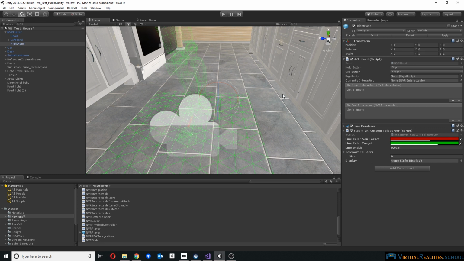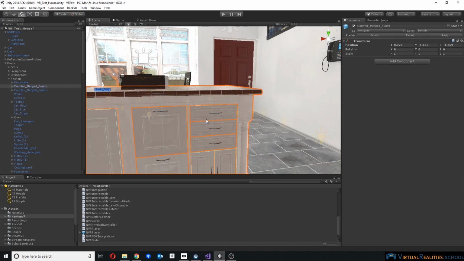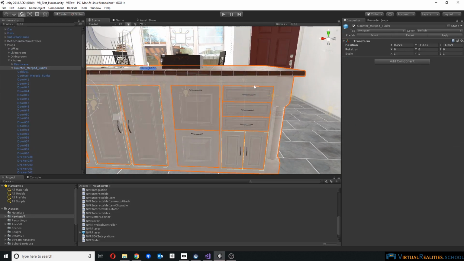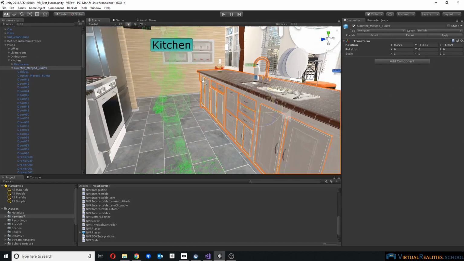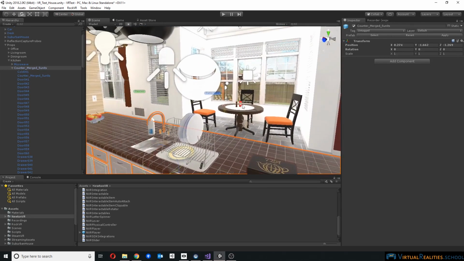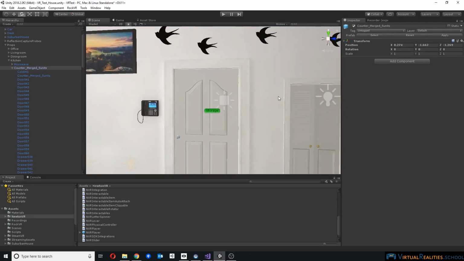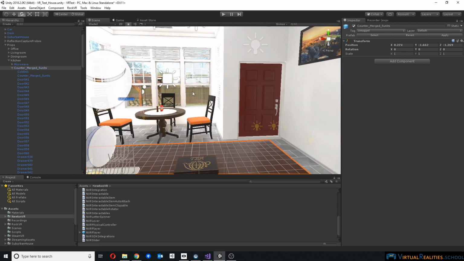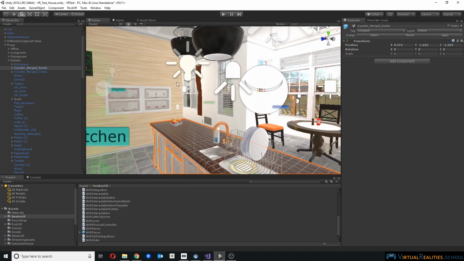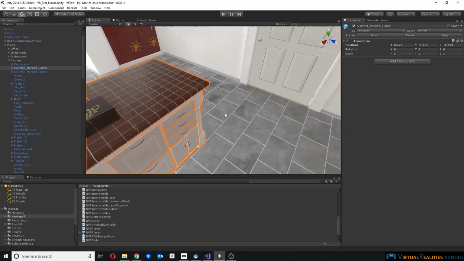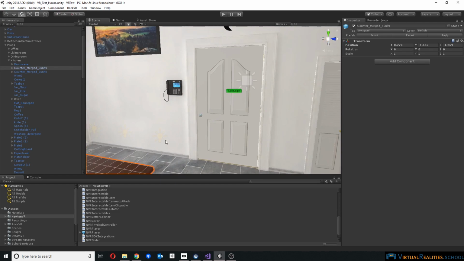And I feel really bad for users, because here in this environment, everything has a collider, or almost everything has a collider. So theoretically, you could use this pointer and just teleport onto the chair here. You could teleport right through the wall, out here in the yard, and so on. Especially for somebody who's not used to VR, that might be really dangerous, and might really get people upset, possibly sick, because they're not used to teleporting around in the first place, and then all of a sudden being fairly high up, or even falling off the